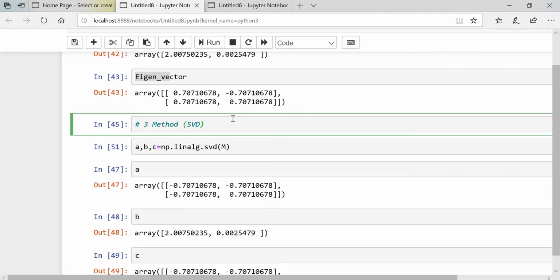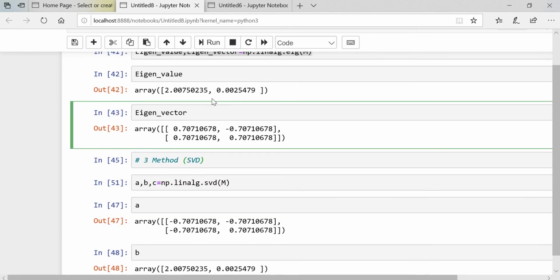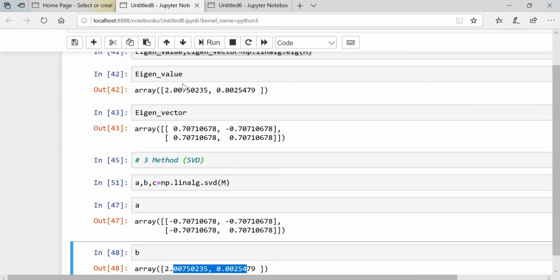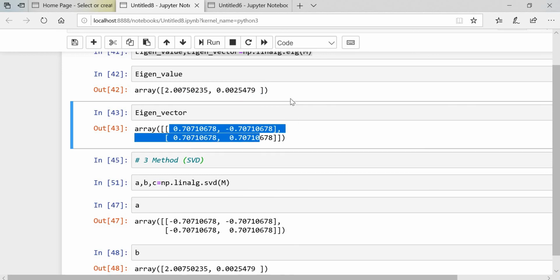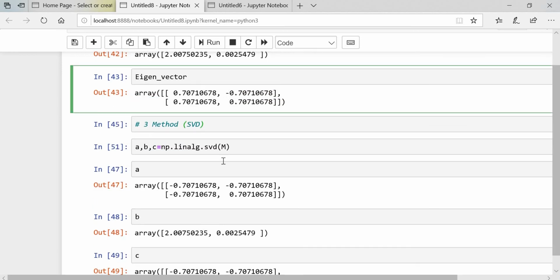But notice one thing, the eigenvalues in here as well as here are near about the same, almost both are the same, but the eigenvectors are different. You can see the sign of this here is minus, here is minus, but in two places they are getting the negative. Why?